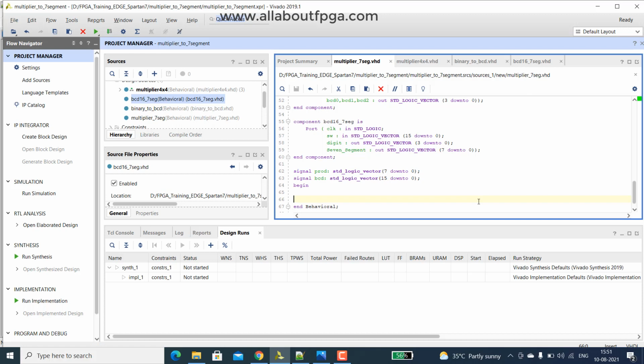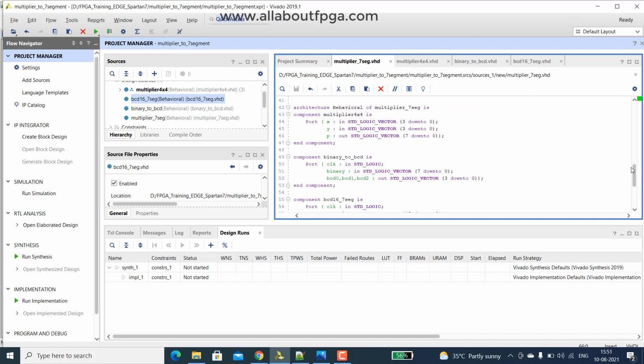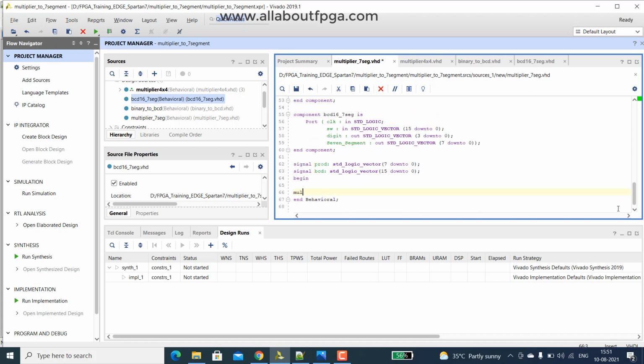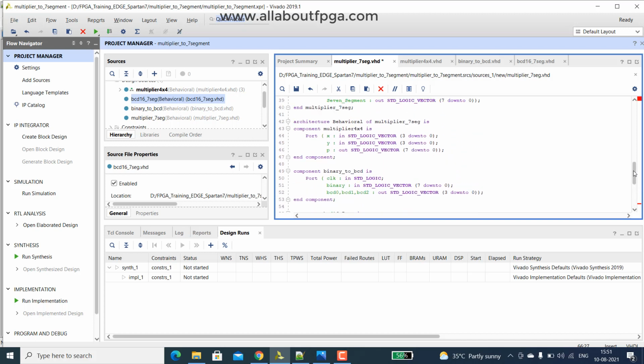Next, straight away we have to do port mapping. I just name it mul for multiplier. So entity name multiplier 4x4 with the port map. I have to check the name matches exactly.